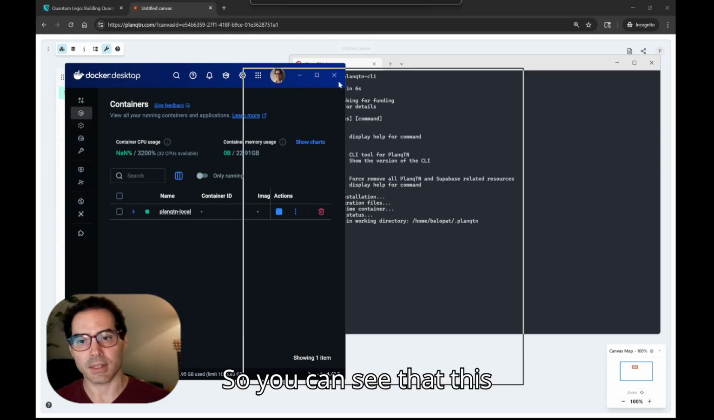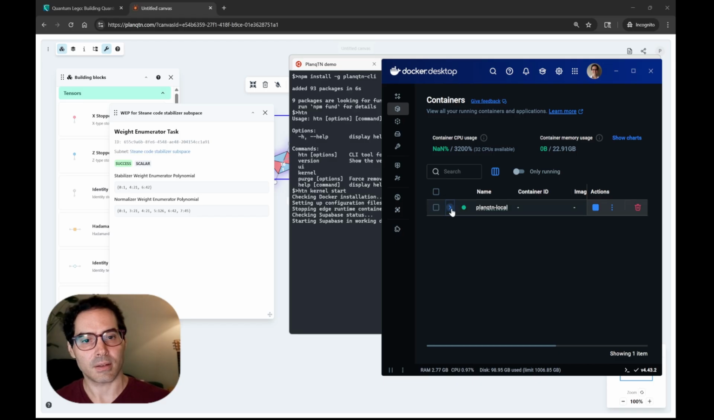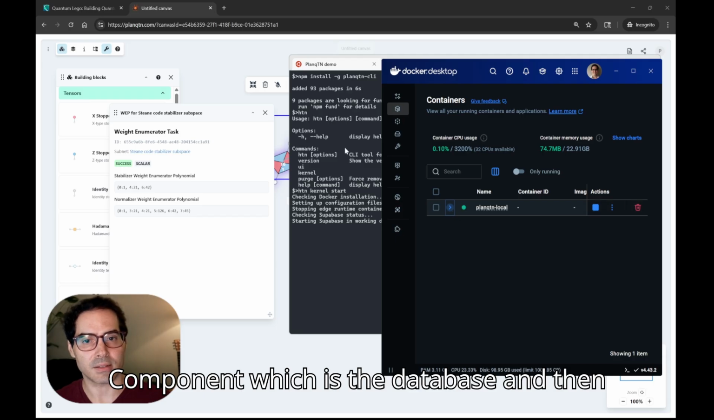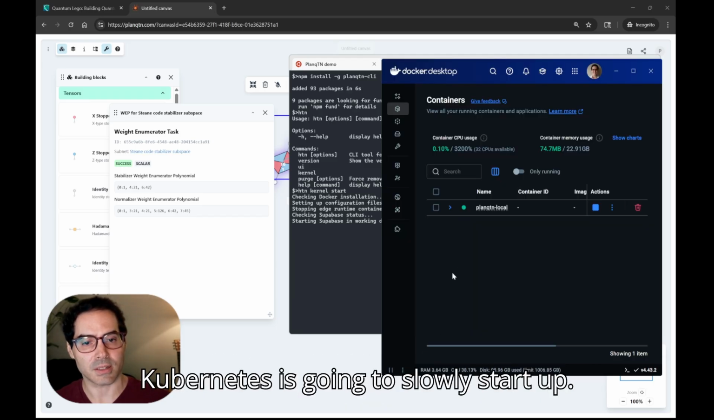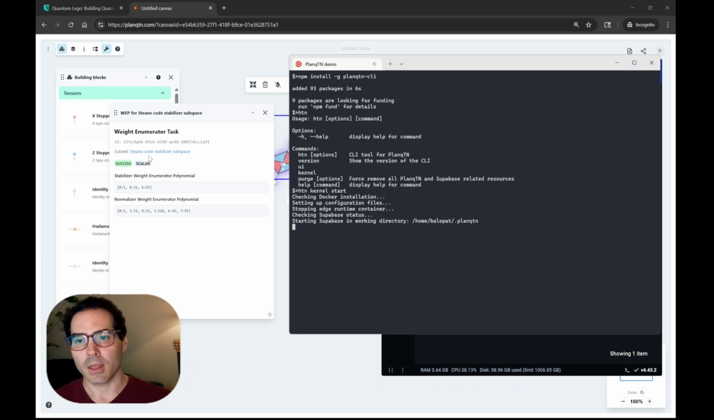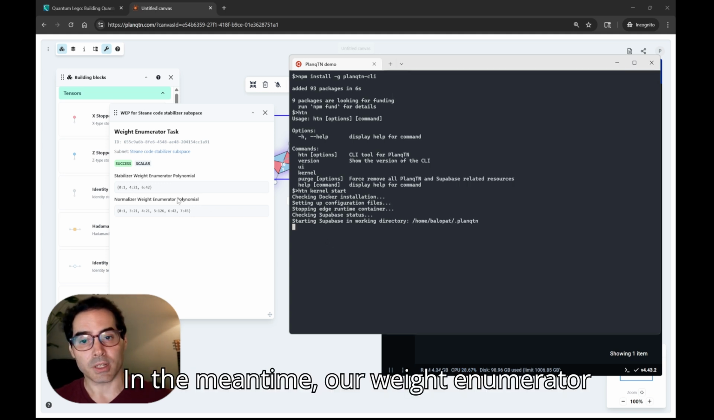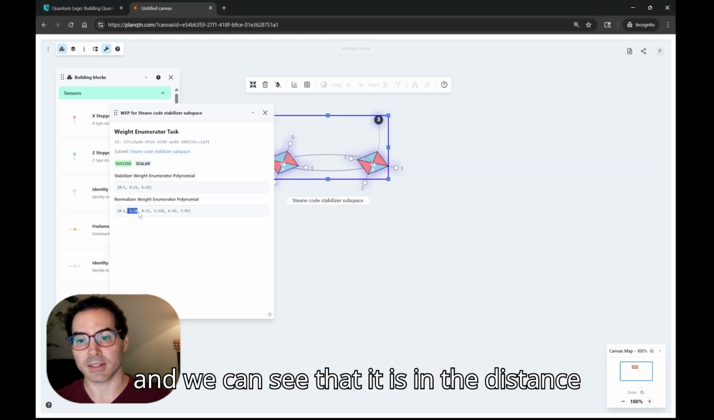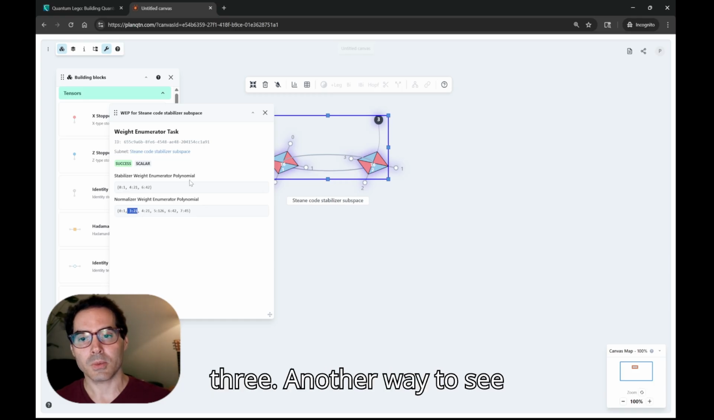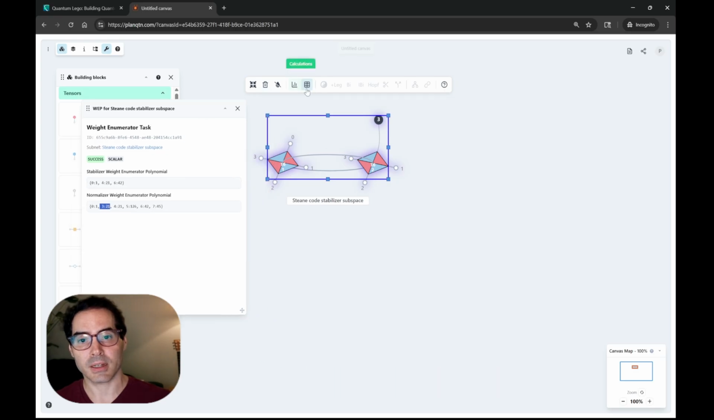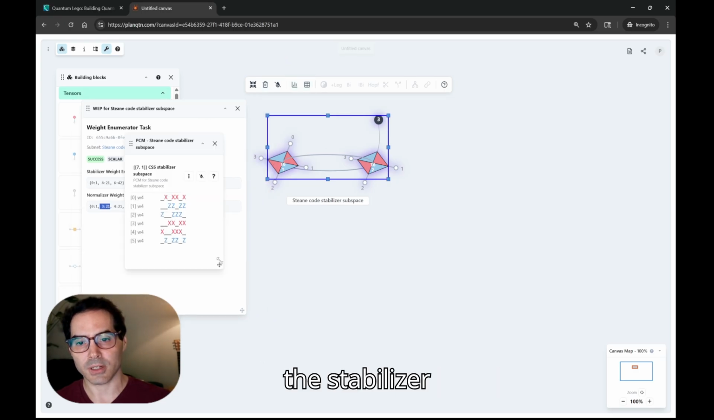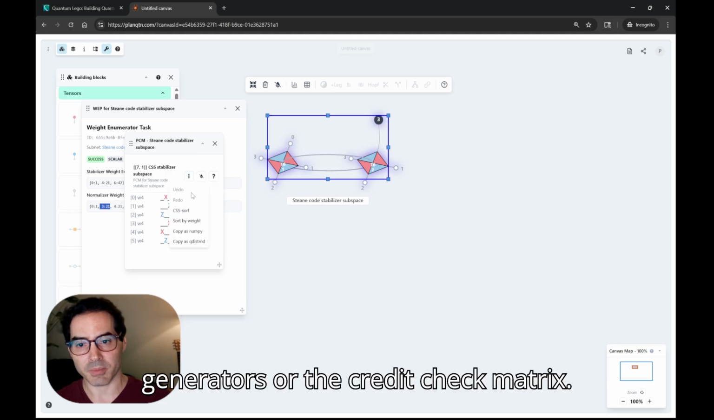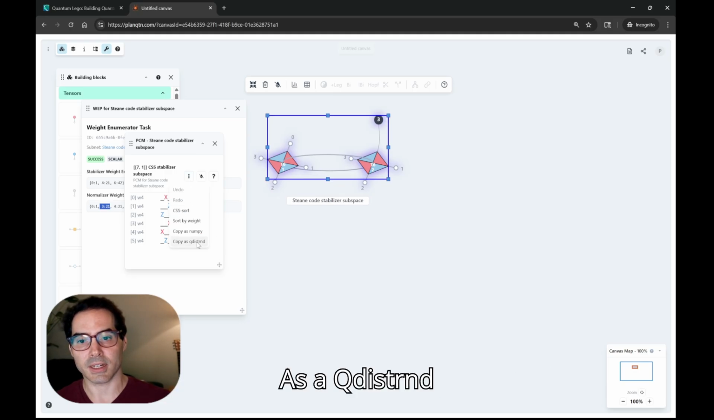So you can see that this component, which is the database, and then the runtime environment, which is using Kubernetes, is going to slowly start up. In the meantime, our weight enumerator has been calculated in the cloud, and we can see that it is indeed distance 3. Another way to see that this is distance 3 is by exporting the stabilizer generators or the parity check matrix as a qdist RND